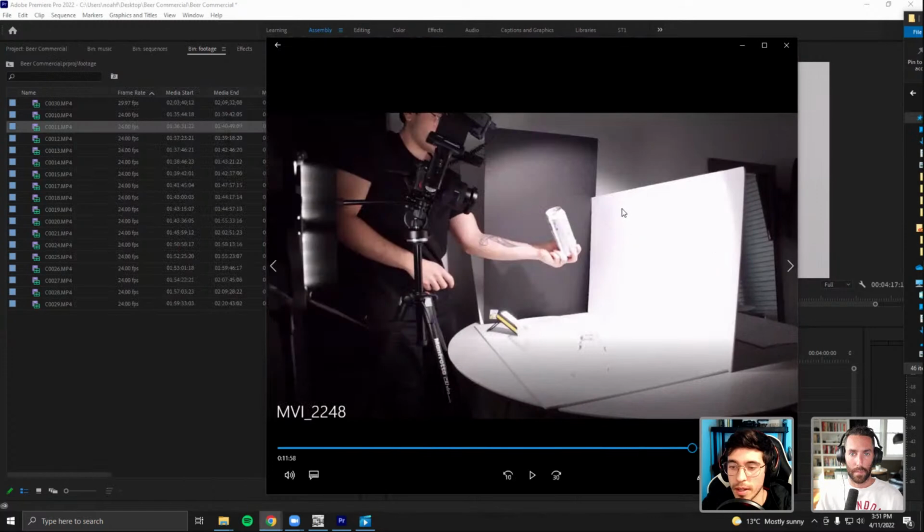To achieve that, I used a foam core board as a backdrop that I could either replace in post production with whatever I wanted, or use as a white backdrop and keep it minimal and clean. That's what I'm going to decide on as we go through it today.